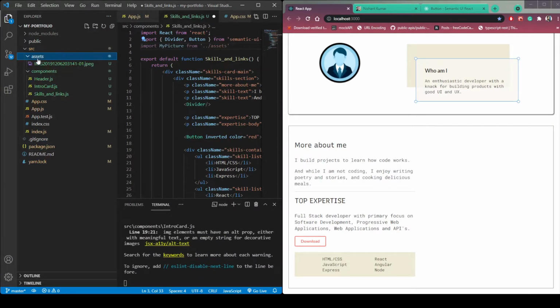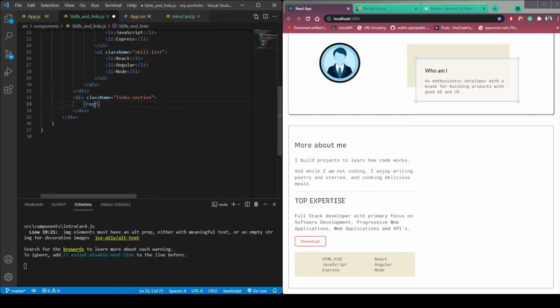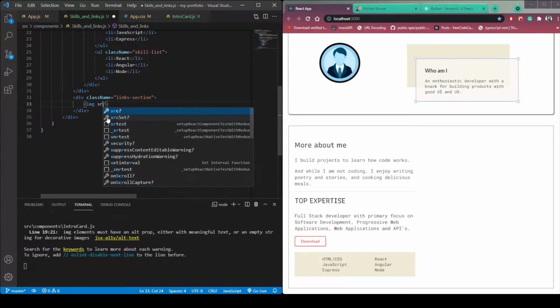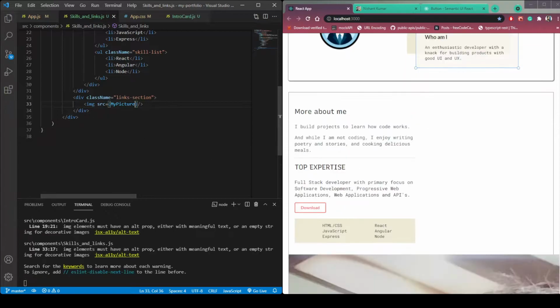I have a picture in my assets folder which is my image. So copy the name of the file, then paste it here. You can use your image if you want, or any image you want. So now let's give it a source of this import, which is my picture.